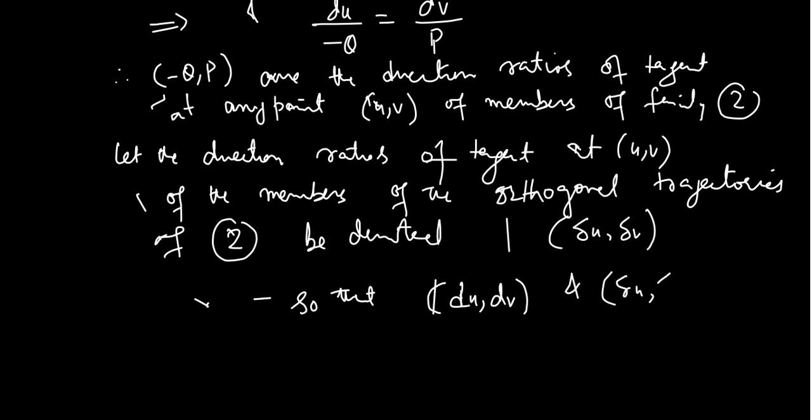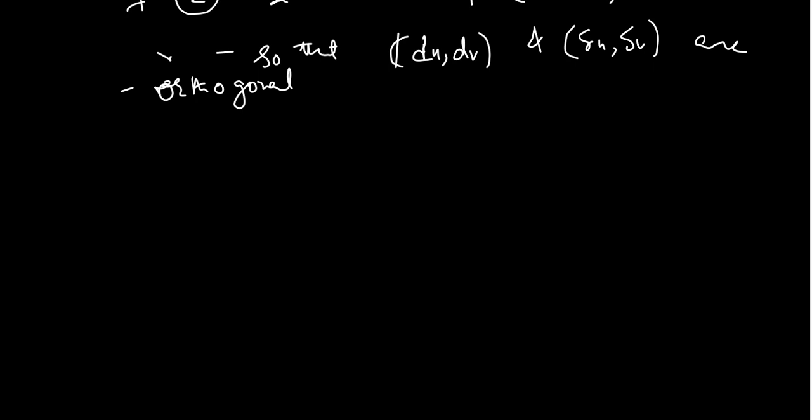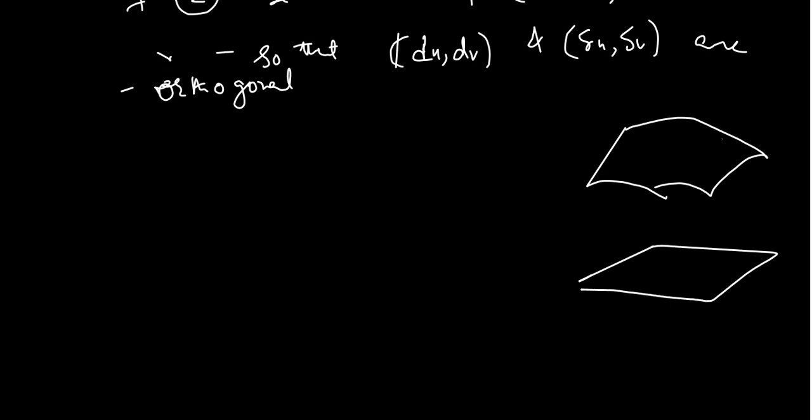Okay, now look at what I have now. Essentially, I've got a family of curves in my domain which has certain direction ratios, and another family of curves which are orthogonal trajectories of the given family of curves. I've denoted them by this del u and del v. And we already know the condition for these two directions to be orthogonal on the surface, in terms of the first fundamental magnitudes. So then